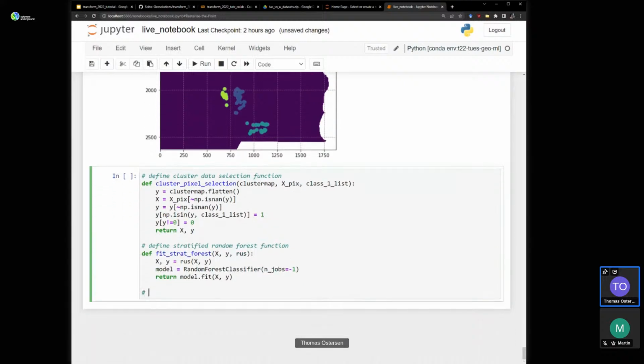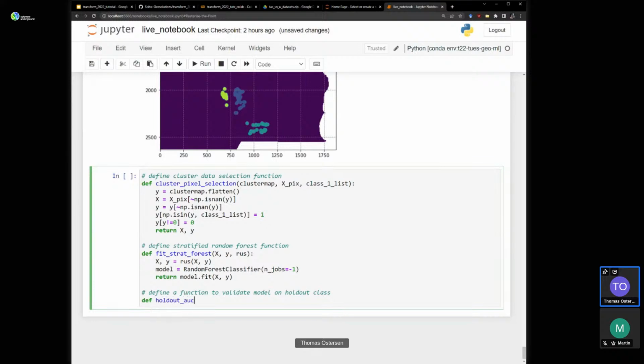The last one is holdout ROC AUC. So define a function to validate model on holdout class. This one basically takes the model, the cluster map, the classes you use to fit the model, and the holdout cluster number to generate validation metrics for the occurrences that you held out of modeling.